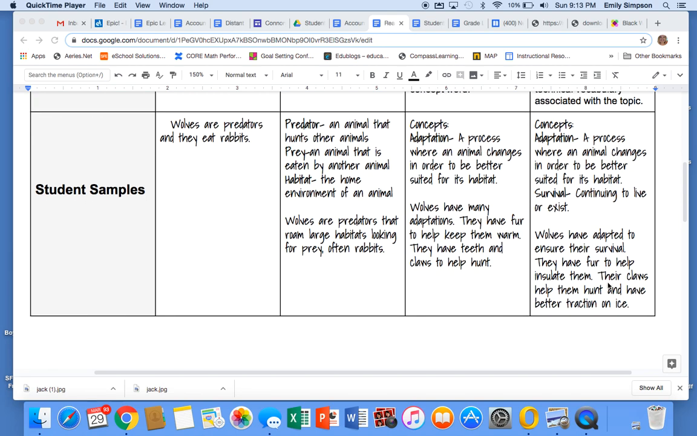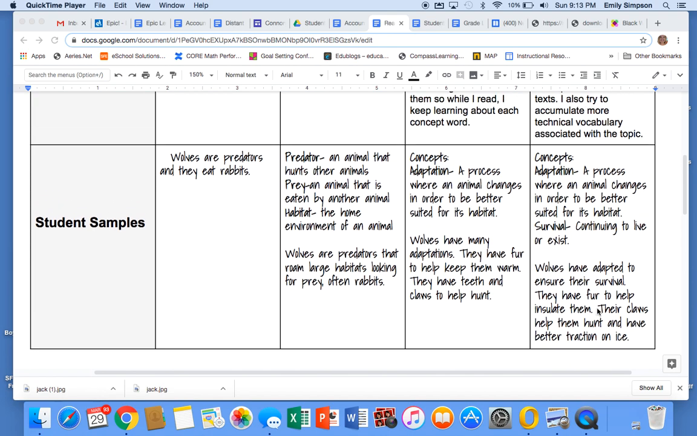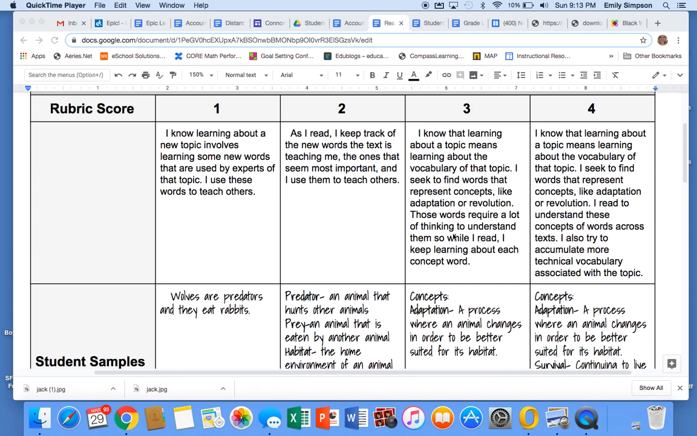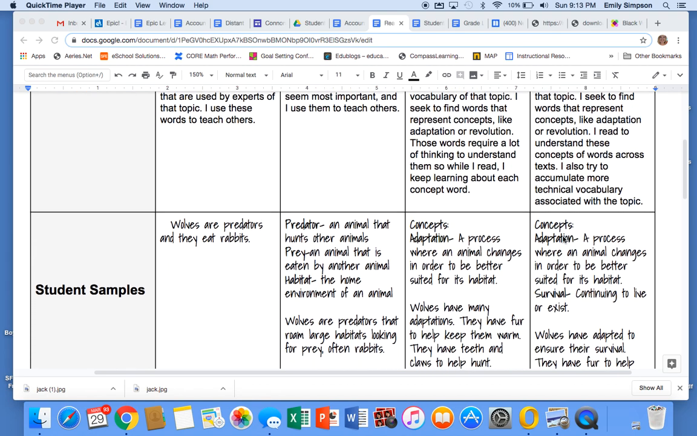As I continue reading, their claws help them hunt and have better traction on the ice. Another technical vocabulary word, instead of saying so they don't slip. So level fours are very precise about the vocabulary words that they're using to teach. So that's the progression of using vocabulary, both reading it and understanding it and being able to share it with